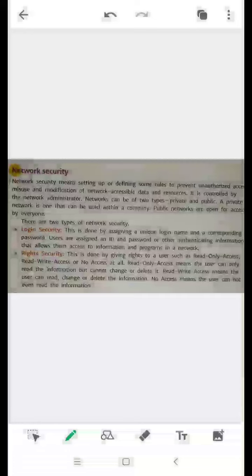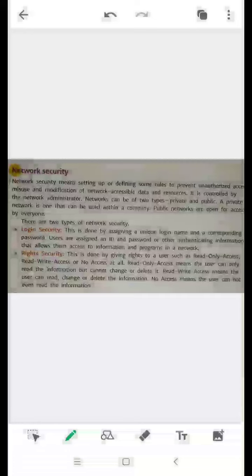Network security. What is the general meaning of security? It means nothing but protecting, right? When it comes to computer technology, network security is nothing but some rules to prevent unauthorized access or misuse or modification of network accessible data and resources. When working on a computer system, we may have some important files along with the other things which should not be misused and modified without our permission.